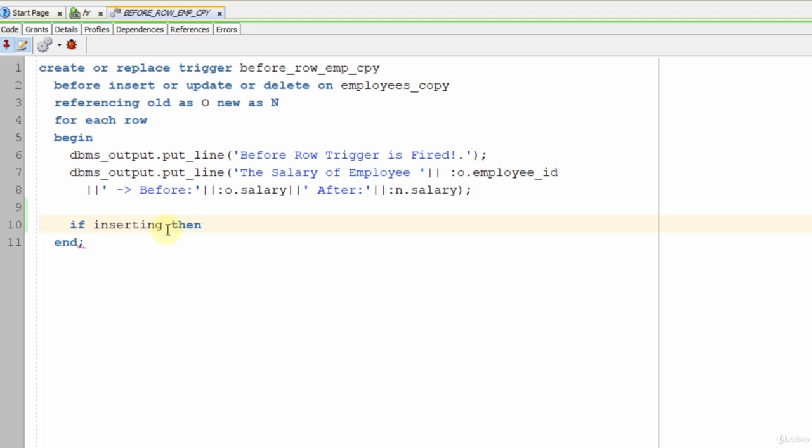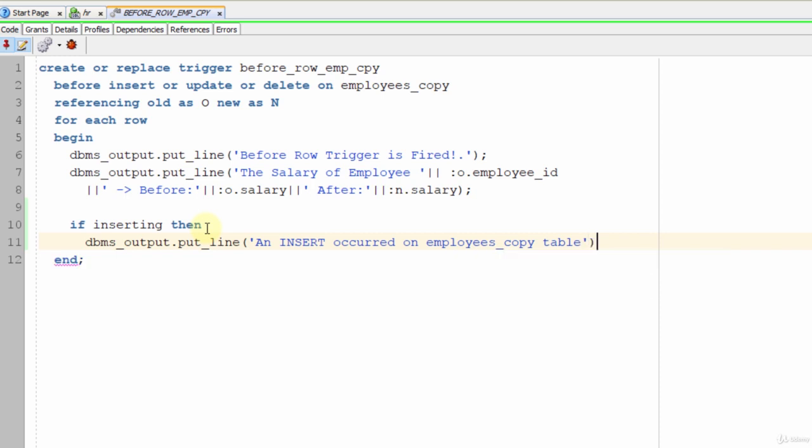But notice that if it is an update, only the updating predicate is set to true. The others are set to false. Only one predicate will be true at the same time. Great, let's simply print something on the screen. Let's copy the DBMS output and paste it in here: insert occurred on employees copy